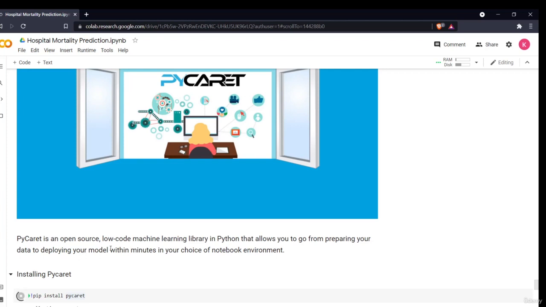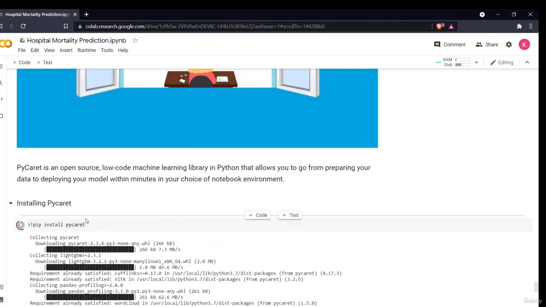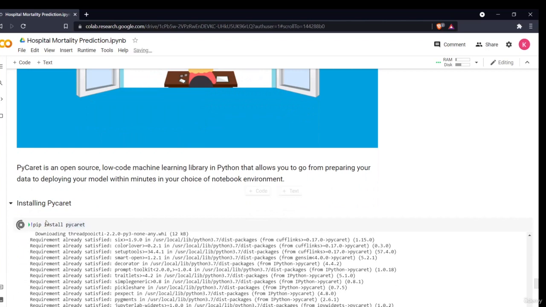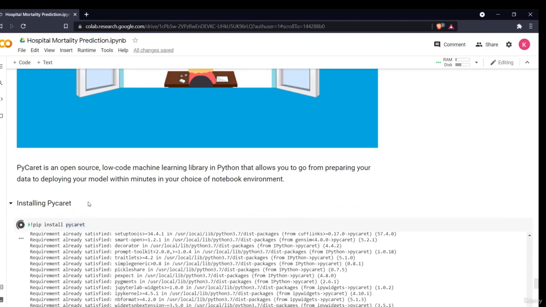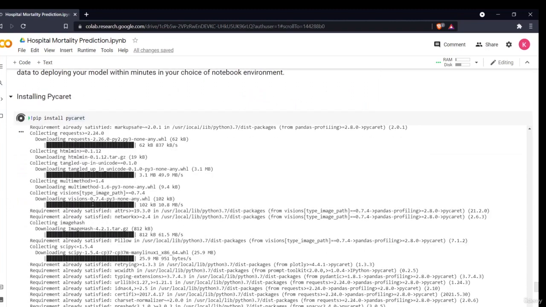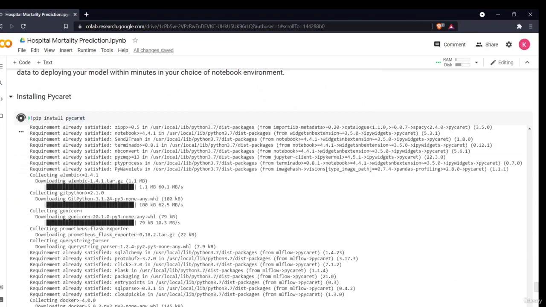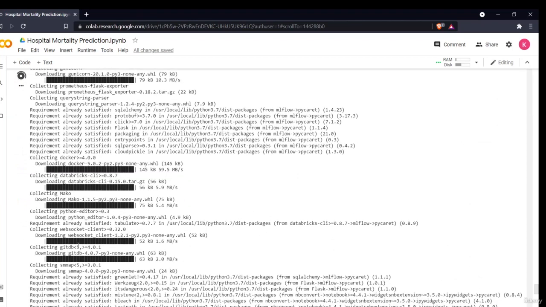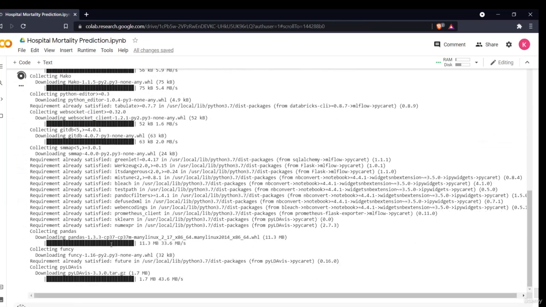The very first thing you have to do is install PyCaret. If you are using your local environment, Jupyter, or Google Colab, and you want to see the documentation, you can install it right in your notebook using the command pip install pycaret with the exclamation mark. I have already installed it, which is why it says requirement already satisfied.